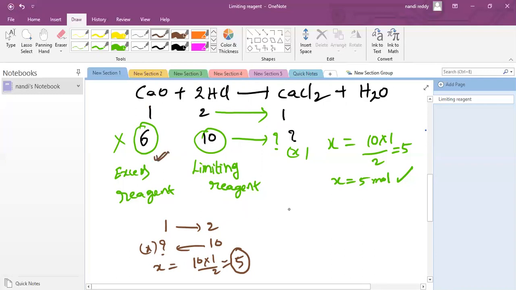The same concept we can apply for our previous questions also. If you understood this one, we can easily do previous questions. It is very simple. But remember one point: you can't find out by looking at the question which is the limiting reagent. Clear? So you have to do some little bit of stoichiometric calculations. All these stoichiometric calculations are like vegetable calculations only, very easy. Clear? We can do further.